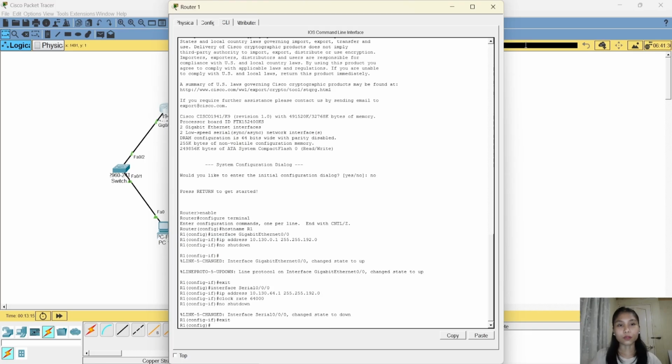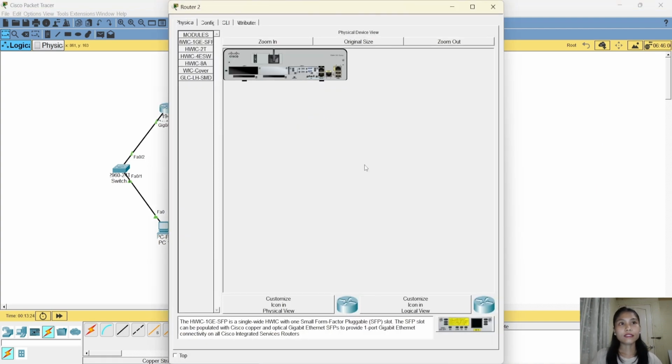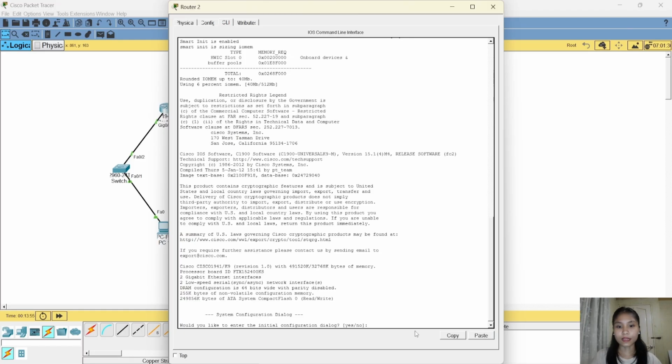And moving to R2, R2 is the middle router, so it has two serial interfaces. Serial 0/0/0 faces R1 and gets 10.130.64.2, and gigabit 0/0 is the LAN side that gets 10.130.128.1, and serial 0/0/1 faces R3 and gets 10.130.192.1, and this is also DCE. So I will set the clock rate here too. So open the CLI,